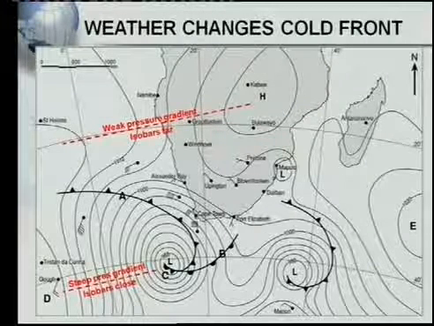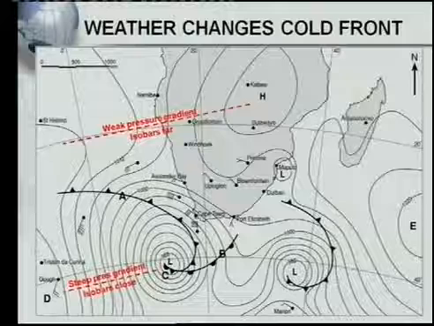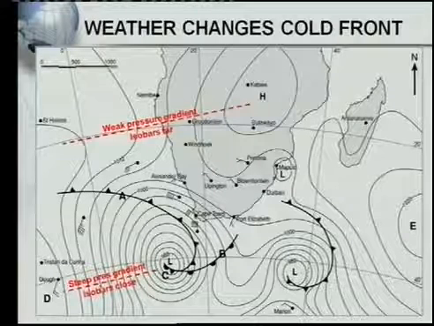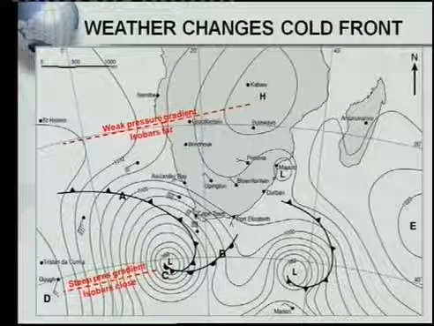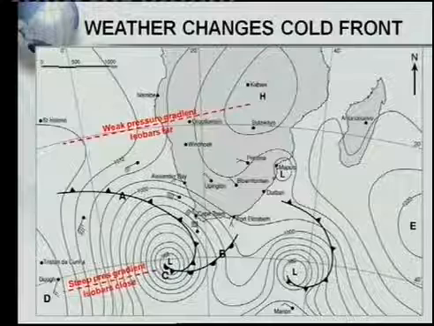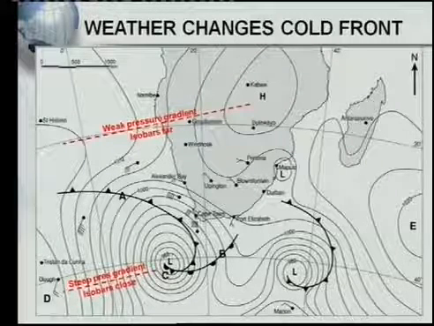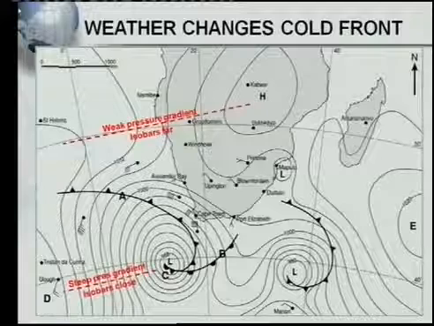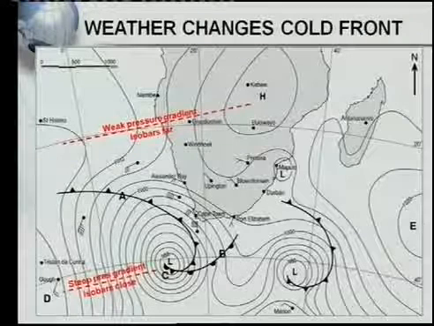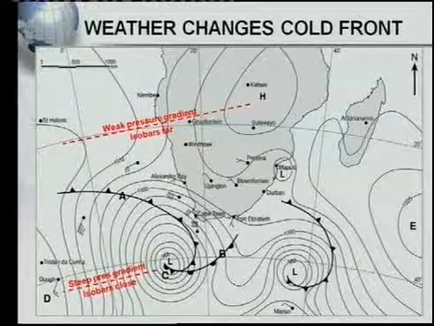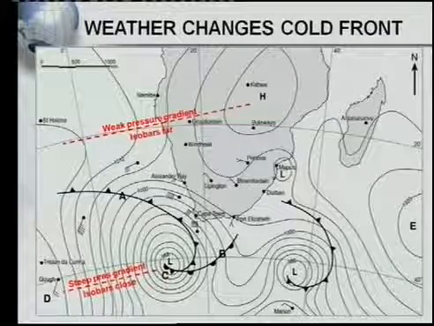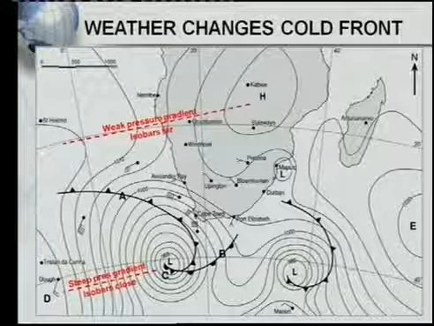You'll find your stronger winds where the isobars are closer to each other. In other words, where you get your steep gradient, and the winds won't be that strong where you'll find your weak pressure gradient. So let's just have a look now at the weather changes. And people, please remember, this is a very, very important question. On the synoptic weather map, we can see one very, very important